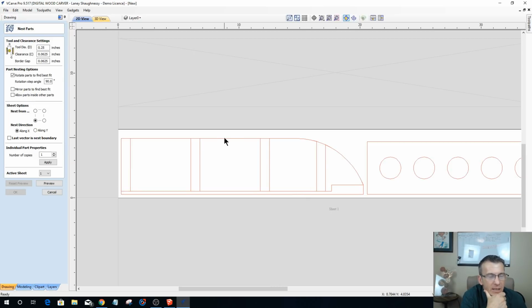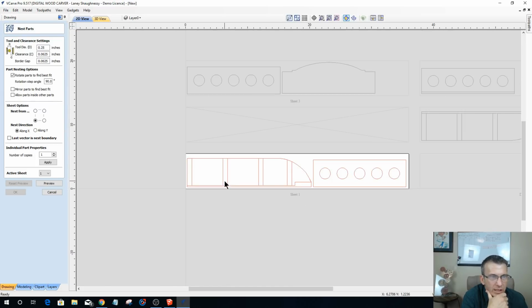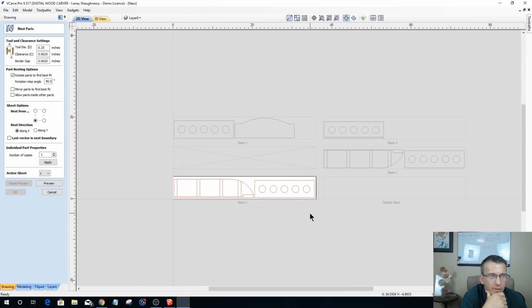Now, you have to remember something is on the other side of this face. I'm going to be V carving. I'm going to be putting a decorative design, and right now we're seeing the inside face, where these pocket cuts are. So on at least 2 of these boards, it's going to be basically a 2-sided job, because I'm going to be flipping the board over to carve on the 2 sides. So what I have to determine for myself is,